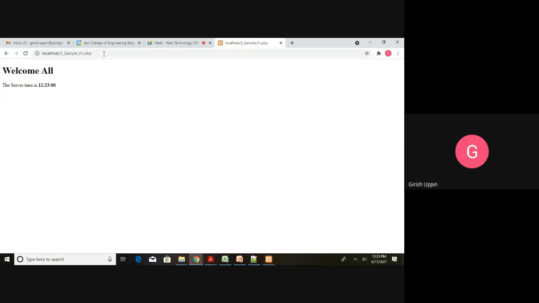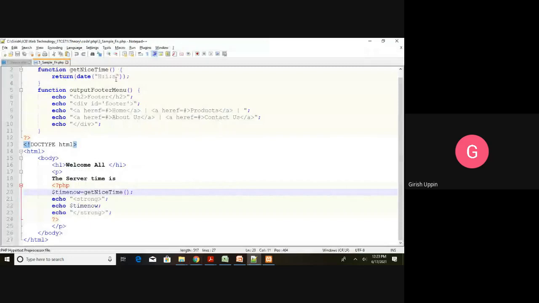So the same code is implemented using functions. Whenever you refresh, you are seeing the change. Suppose you want to make any changes, let us say you don't want this format. If you want a different format, make the changes, and it will show up. One more thing I will add is, I did not call this function. I will call that output footer function after this echo, so that in the browser I should see some kind of a footer.